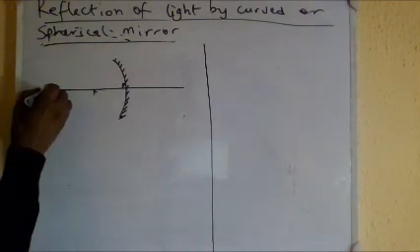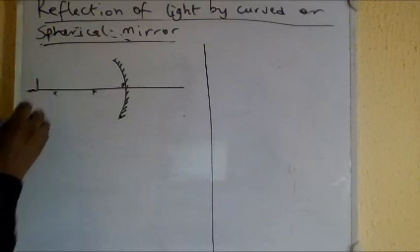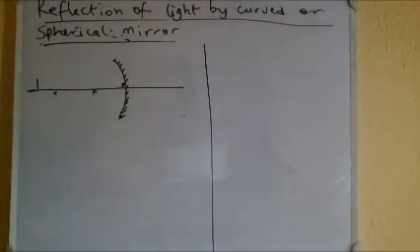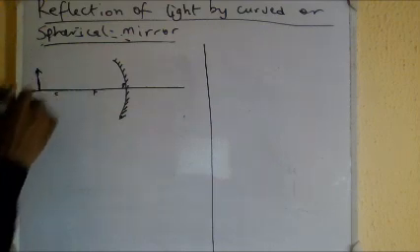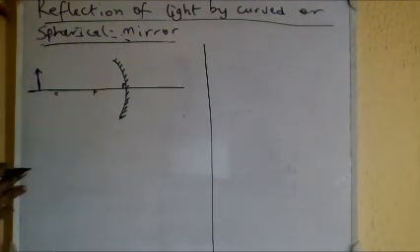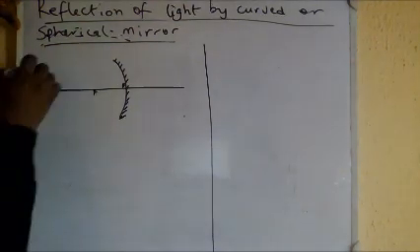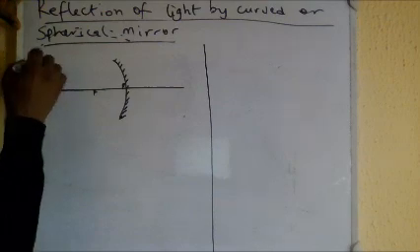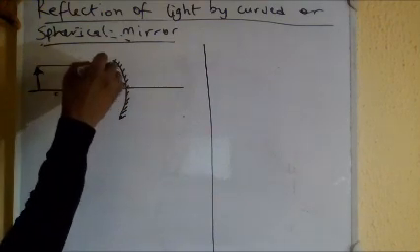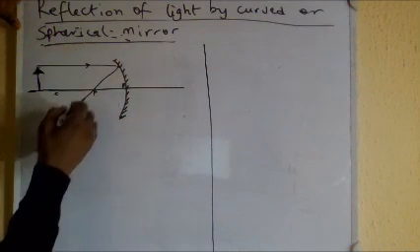So if I have an object placed beyond C, what happens to the image that is formed? So I'm going to use ray diagrams to explain the phenomenon. So the ray of light from the top of this object, normally if you see an arrow like this, that's the head of the object, understand? So the ray hits the mirror like this, and normally it tries to converge through the focus,